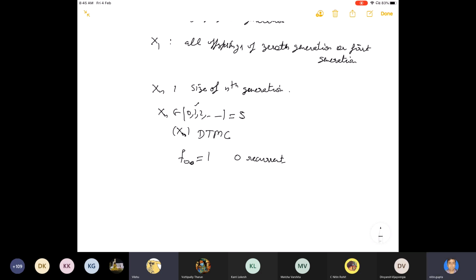Also you can easily see that if we have first one member, then in the next generation it may have either 0 or 1 or 2 or 3 and so on, because Xn plus 1, what value it can take, that will depend on the